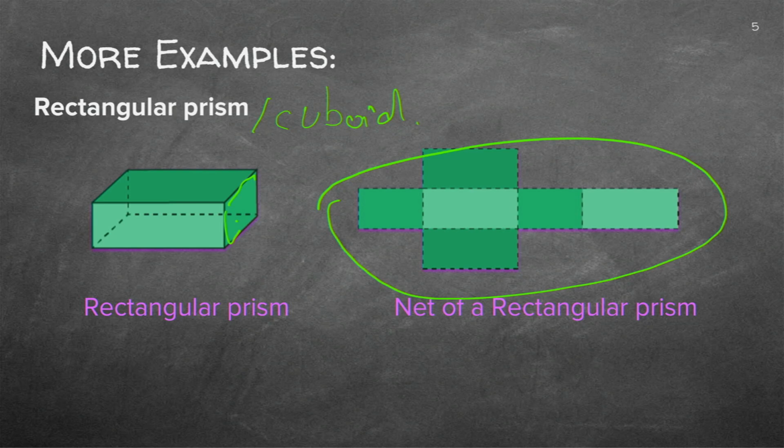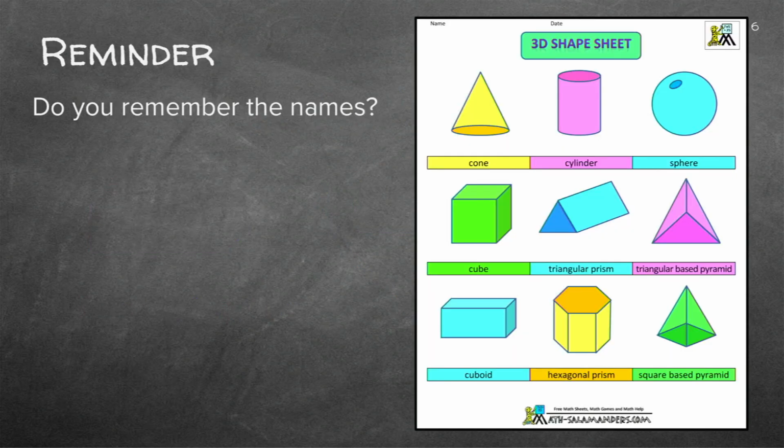Now, talking about these 3D shapes, I think we just need a reminder from the previous lesson and from another lesson in another section. I really hope you know them by now. So this is just, do you still remember the names? That is a cone, a cylinder, a sphere. There's our cube again. And here you can see a triangular prism.